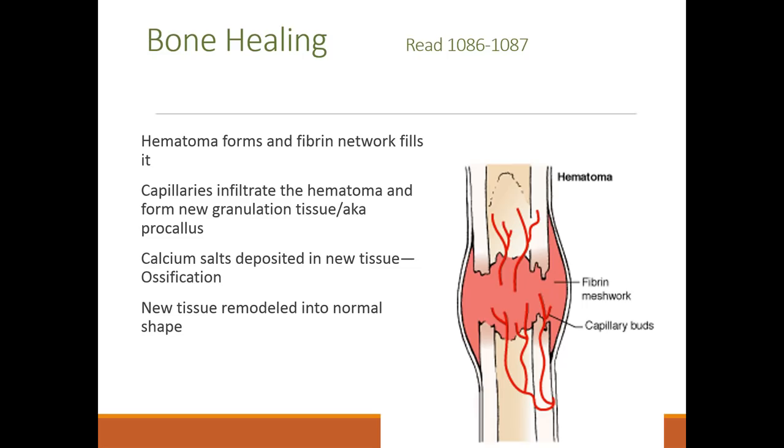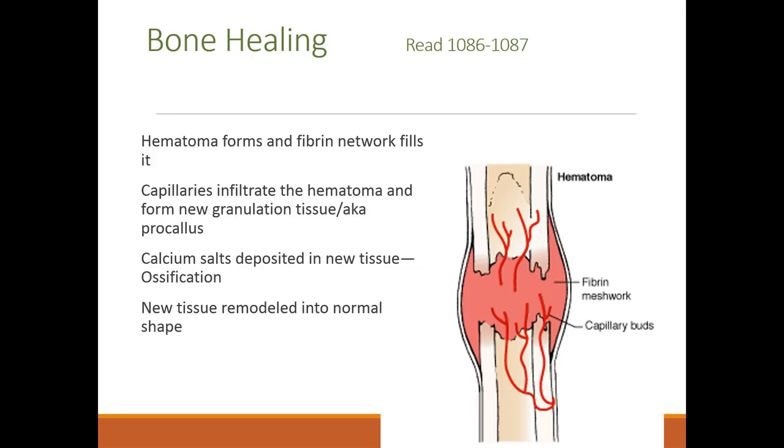So hematoma formation facilitates the formation of clots and fibrin meshwork that seals it off. It serves as a mediator for the inflammatory cells to come in and clean up and fix the problem, which moves